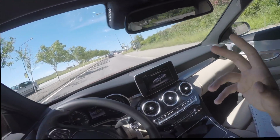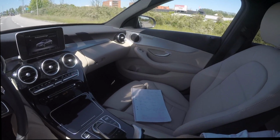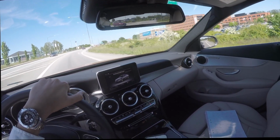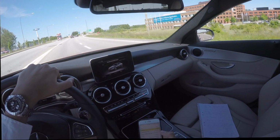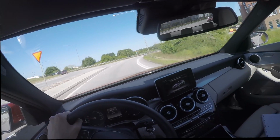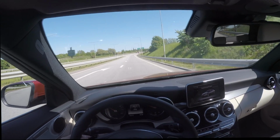So the Mercedes, this is the W206, was launched last year. It's a great car, has been a real success for Mercedes. They've done no recalls or anything of that nature on this car, which is always nice to know when buying a new car. The car I'm driving today does not have a lot of options. It's the Avantgarde edition, which is basically a step above